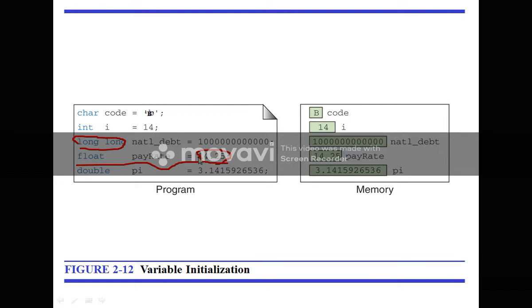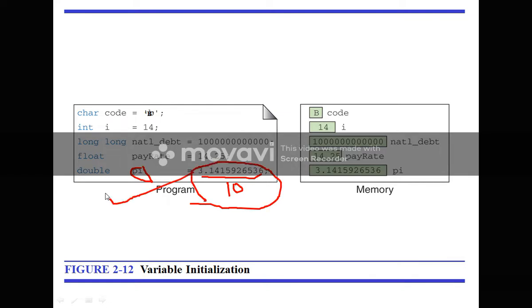So to store that value, here we have taken the float data type and the variable name pay rate. Next is double pi is equal to 3.1415926536. After the point there are 10 digits. Okay, so it becomes a large value. So to store that large value, here we have taken the double data type.